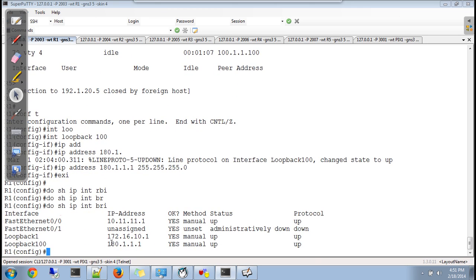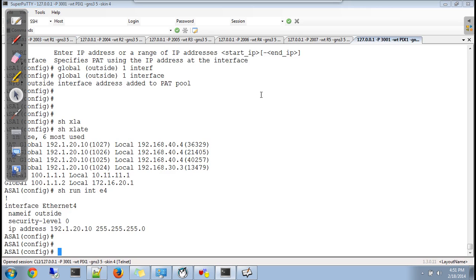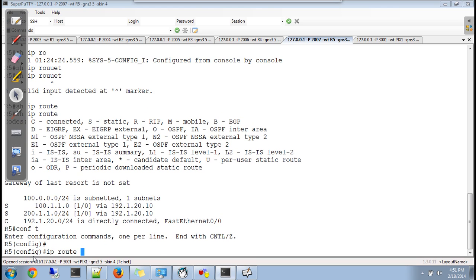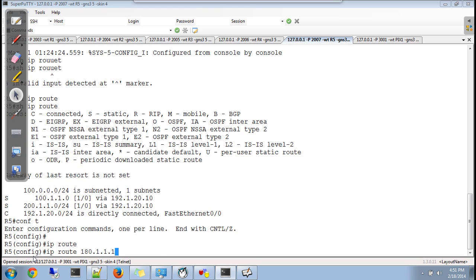If you see, 180 is a public network, right? So on R5, there is no route for the 180 network, so I'll add a route. I'll say ip route: if you want to go to network 180.110, please send your packet to whom? Firewall outside.